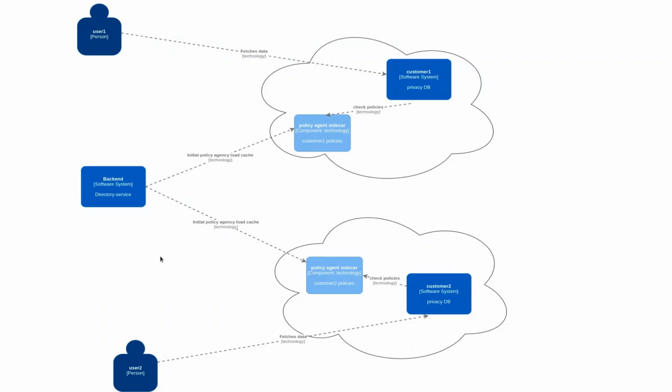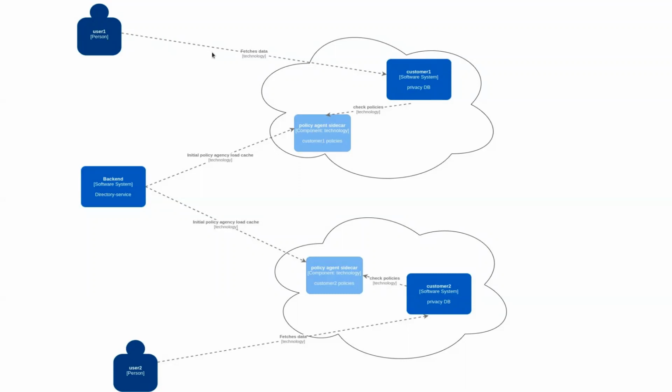The database is a combination of all the customers or all the tenants together, right? So what happens is, when the customer's database loads up, it fetches all the policies or the rules for this customer alone into its cache. So we are using something called OPA cache here, the Open Policy Agent cache. It will load its cache from the database.